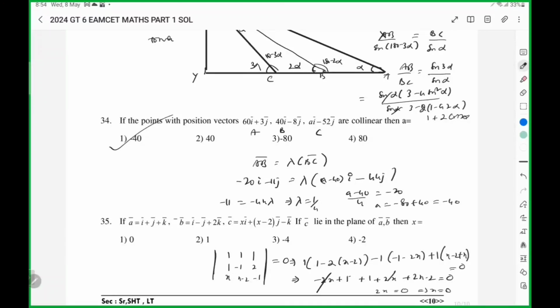X minus 2 minus 1. 1 minus 2 times x minus 2, minus 2x plus 4. So 5 minus 3, 6 minus 2, 4. Let us check other places also. Any mistake is there? Minus 1, minus 1, minus 2x plus 1 plus 2x. So here it is